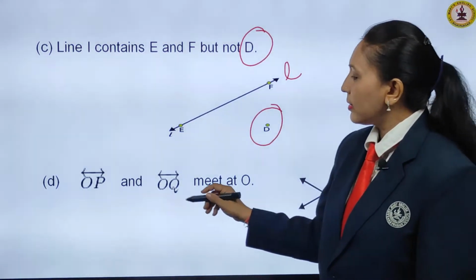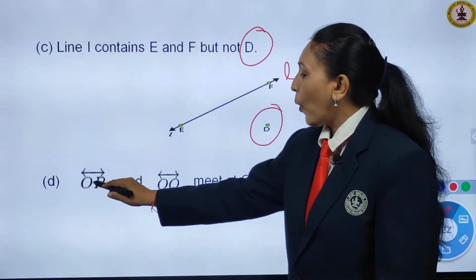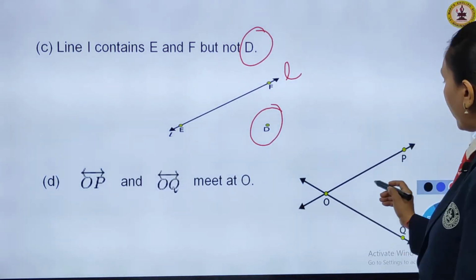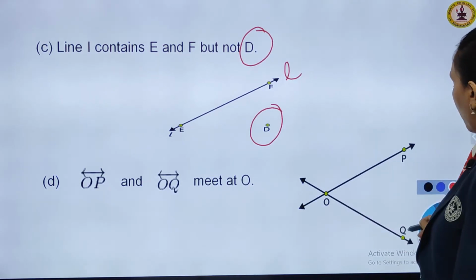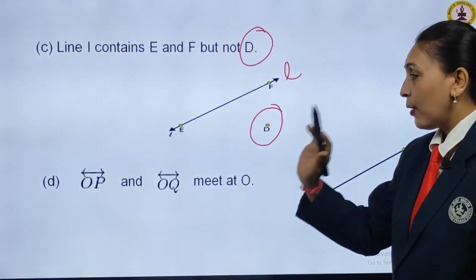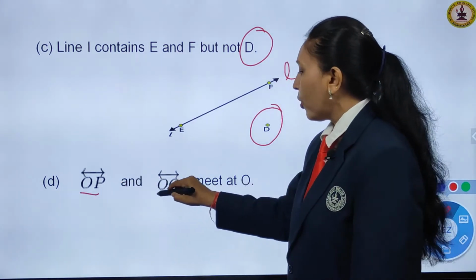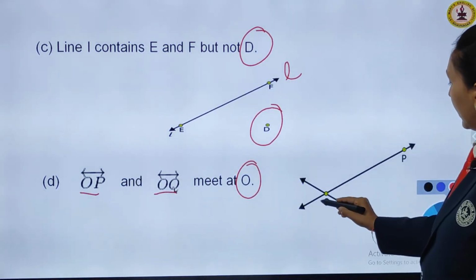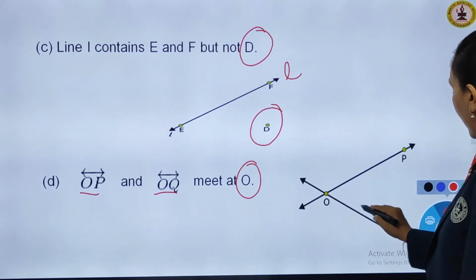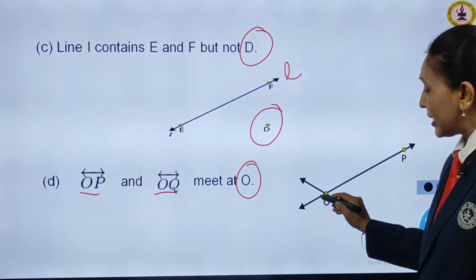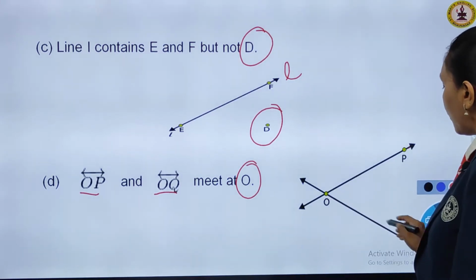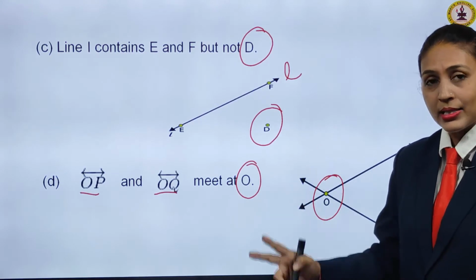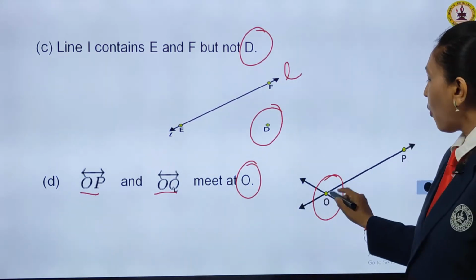Okay. Now next, children, we have line OP and line OQ meet at O. That means I have drawn here OP and OQ, but it is, children, now one important thing here. OP and OQ, but they are meeting at O only. So that means I have taken here one line as OP and another line I am connecting, that is point of intersection is O only, that is OQ, which the condition is given. Why? Because both the lines are different but intersecting at one common point, that is O only here.